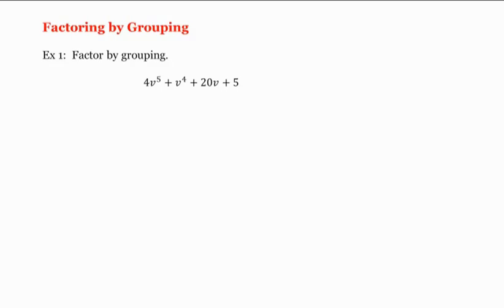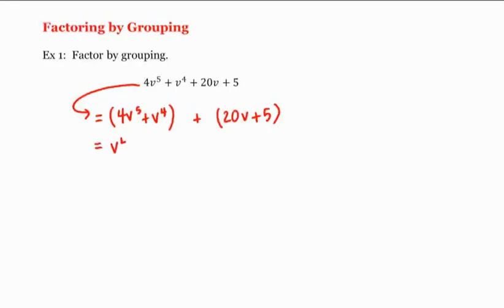We can begin by trying to group the first two terms together and the last two terms together. In other words, this is equal to 4v to the fifth plus v to the fourth, and then plus 20v plus 5. Now the greatest common factor in the first two terms is v to the fourth power. Factoring that out, we're left with 4v plus 1. And the greatest common factor in the second two terms is a 5. Factoring that out, we're left with 4v plus 1,